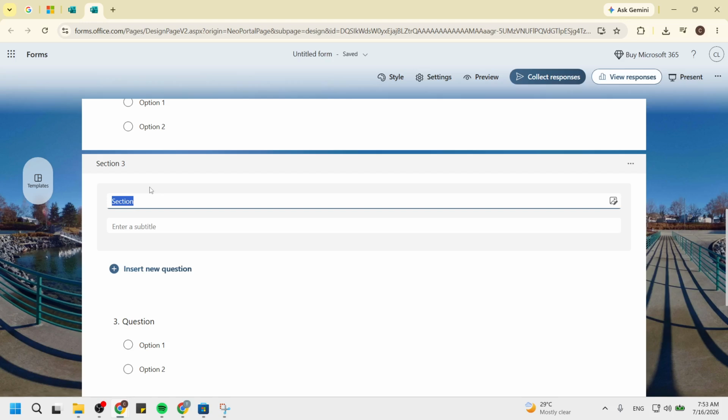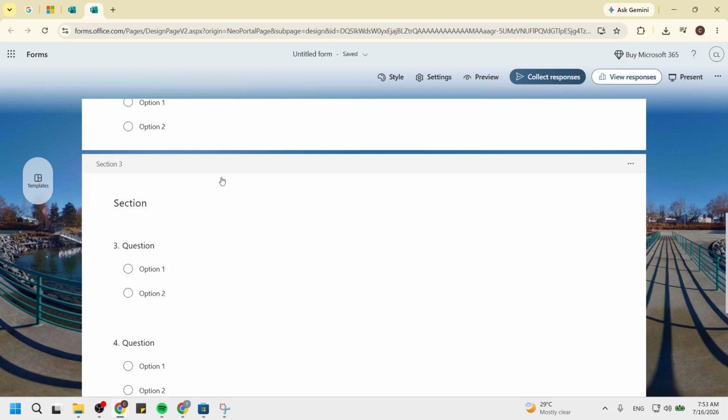on. Now, type a section title such as Contact Information or Part 2 Feedback and an optional subtitle description. This title will help your respondents understand what information you are asking for in this new section. An engaging and descriptive title can significantly enhance the user experience. It provides context, making it more likely that respondents will provide accurate and thoughtful answers. After typing your title and subtitle, you can rest assured that your form is well organized and visually appealing.